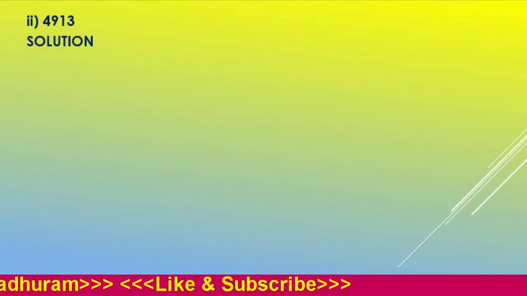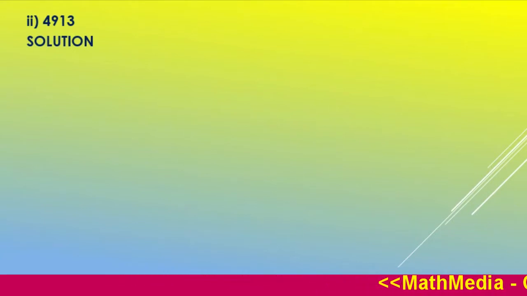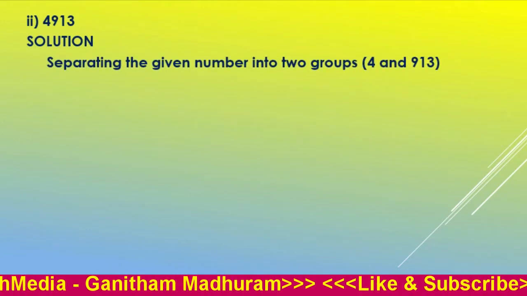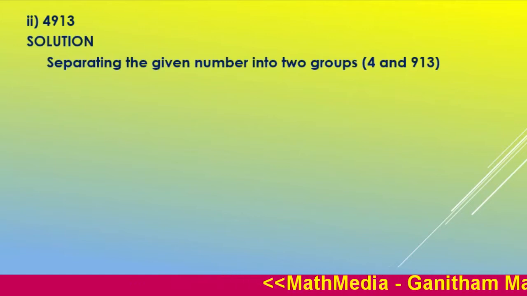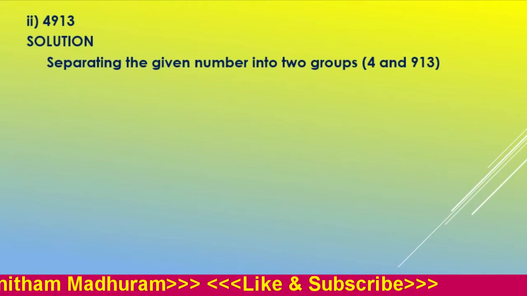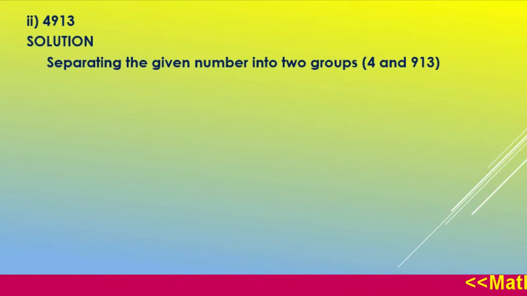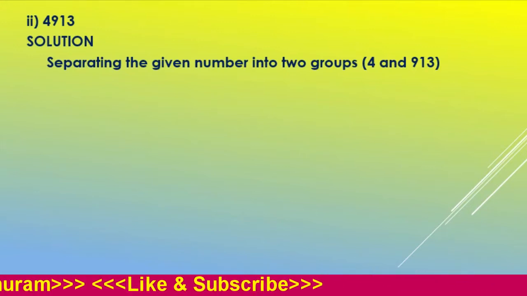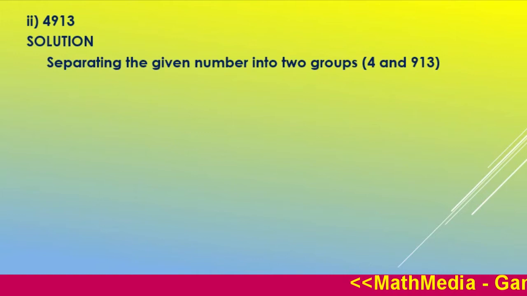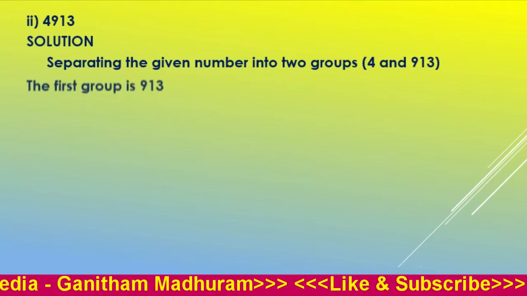Our second number is 4913. We have to find the cube root by estimation. What is the first step? Yes, we have to make the given number into groups of 3. That is, starting from the rightmost digit, we count 3 digits from the right side and make a group, that is our first group, and then count the next 3 digits, that will form the second group. So here our first group is 913,